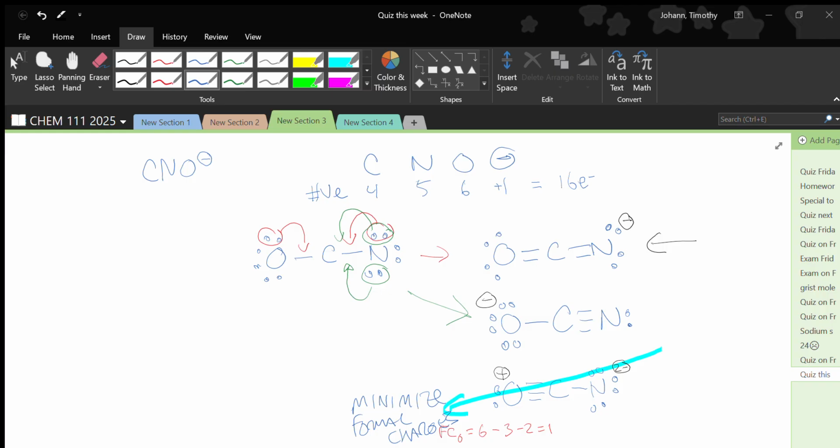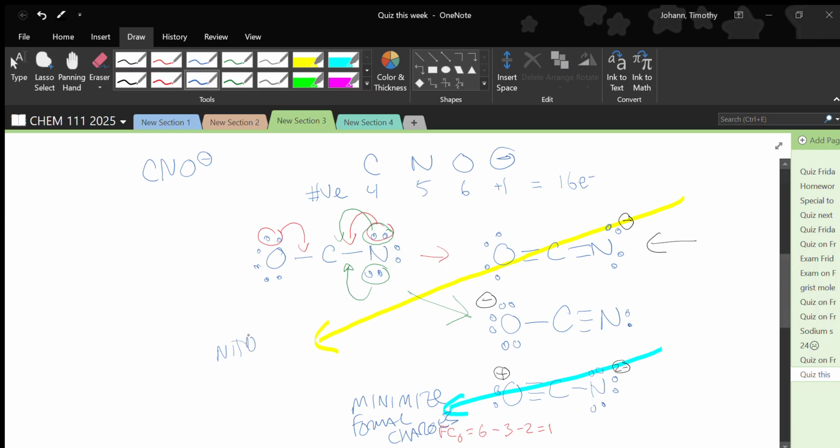We get more electronegative as we move to the right and as we move up, right? So what's more electronegative based on that? Oxygen or nitrogen? Oxygen, right? So it's this one. Does that make sense? So we get rid of this one because nitrogen is less electronegative